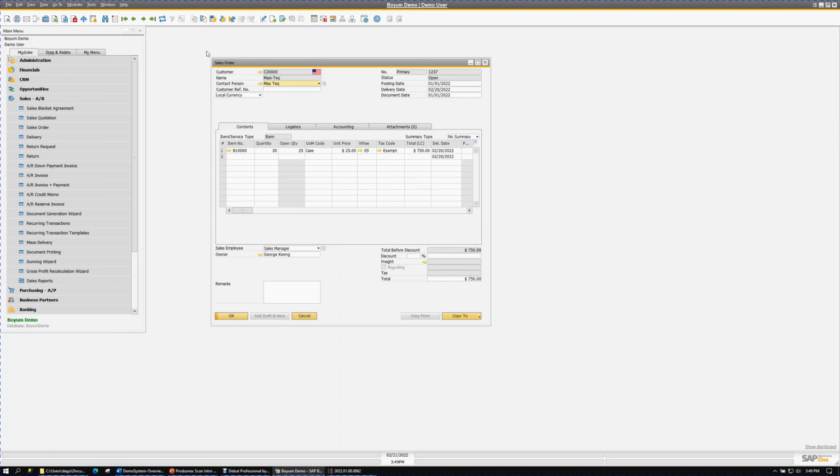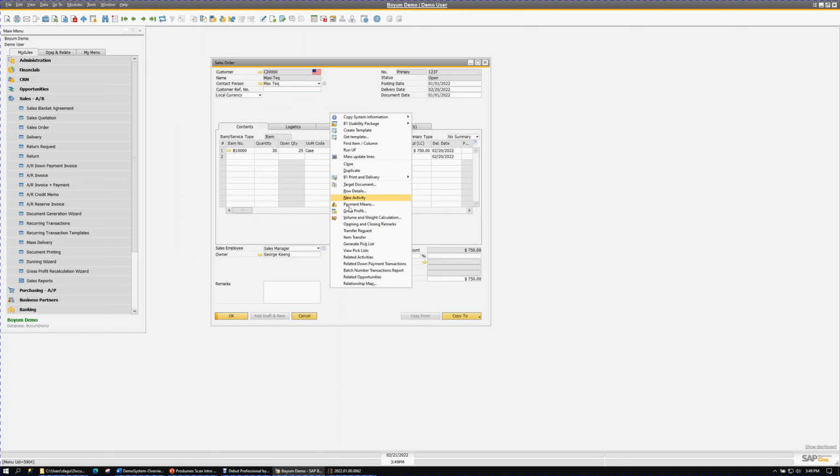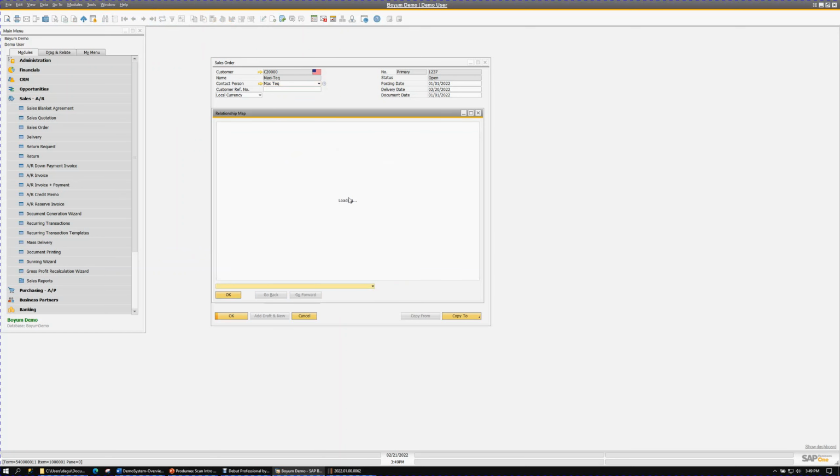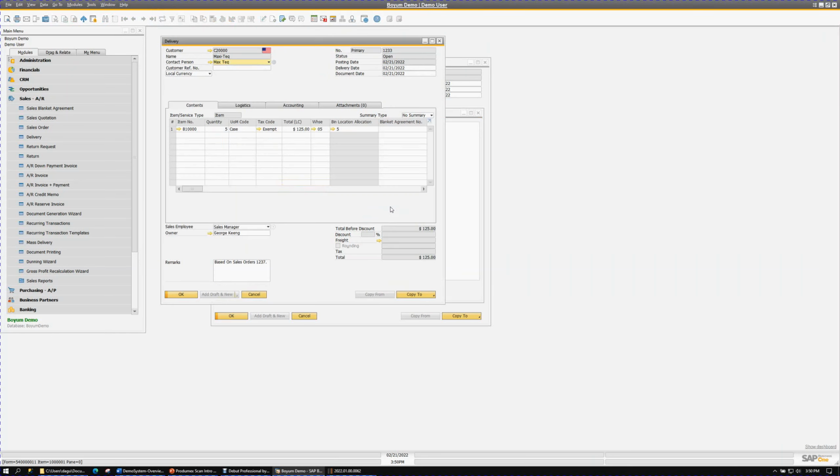And if I refresh the sales order, my open quantity is also going to adjust. So now we go ahead and go into the relationship map, and you can see the newly created delivery. Double click on that. And of course, this is the shipping document showing how we reduced the quantity on hand